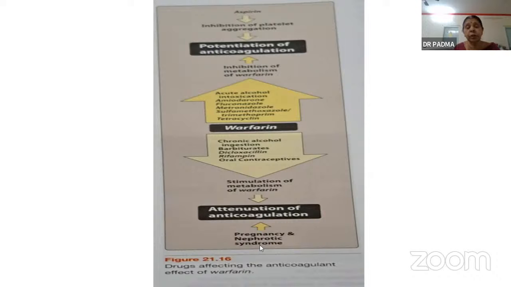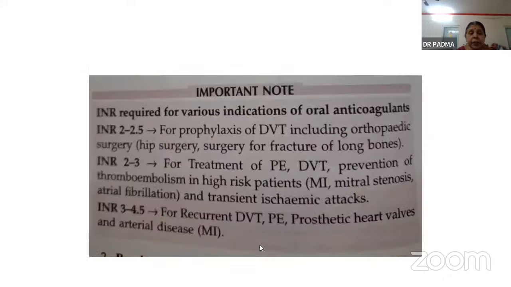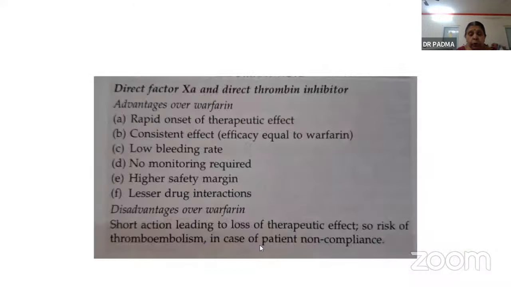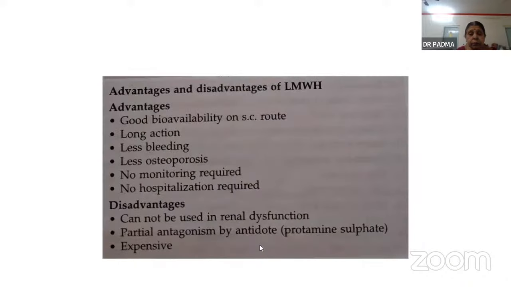In case of chronic alcohol ingestion, barbiturates, dicloxacillin, rifampicin, oral contraceptives, in all these, you see there is stimulation of the metabolism of warfarin because of enzyme induction or by enterohepatic circulation, etc. So there is attenuation, and also pregnancy and nephrotic syndrome add to these combinations. Okay, so with this, I want to tell you about this